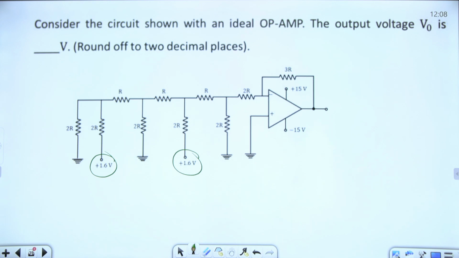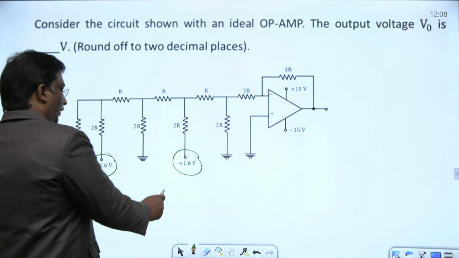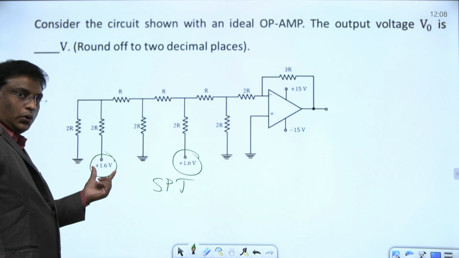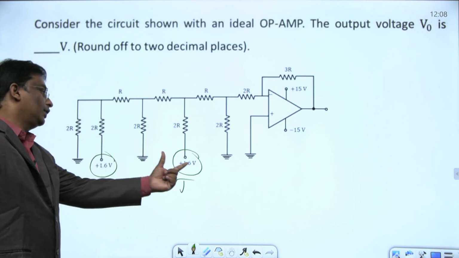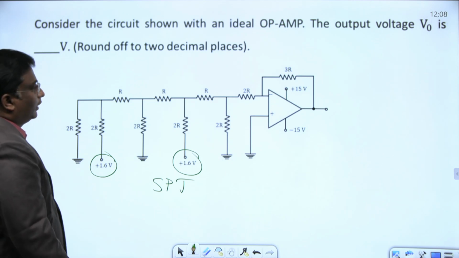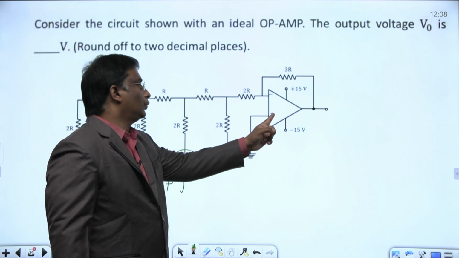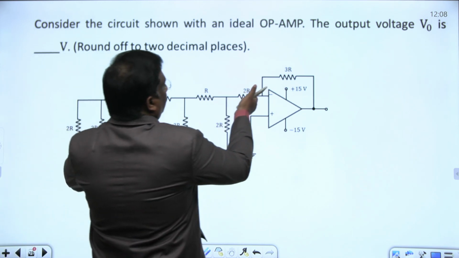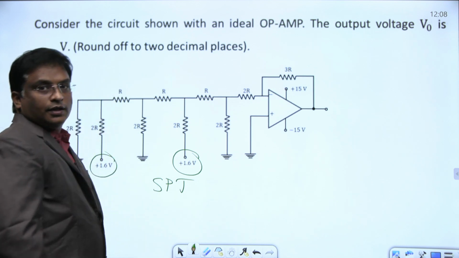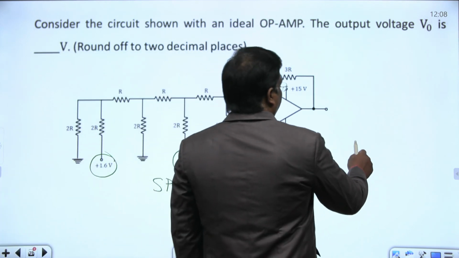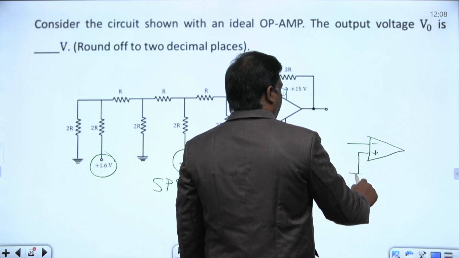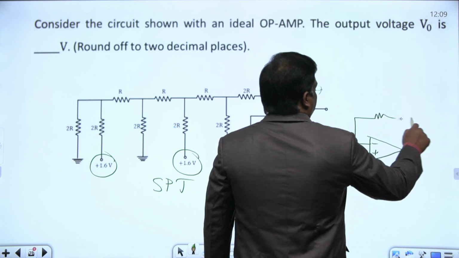Whenever many inputs are there, we can use the superposition theorem, SPT, to calculate the response. Assume only this source acting alone and find the output. Another thing here: this positive terminal, the non-inverting terminal, is connected to ground, and the inputs are applied to the inverting terminal. If this resistor is RF,